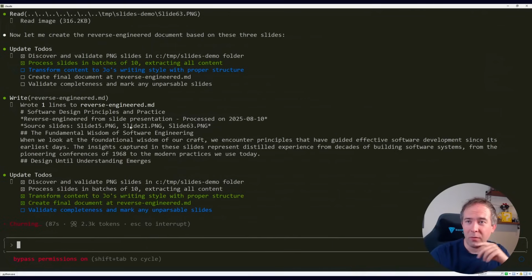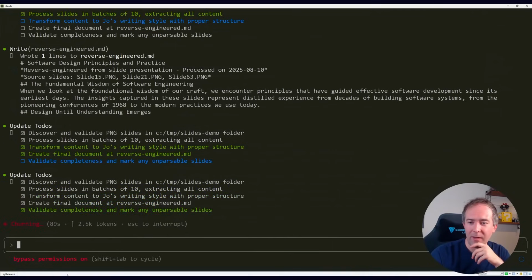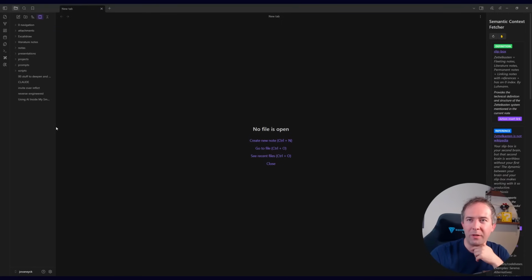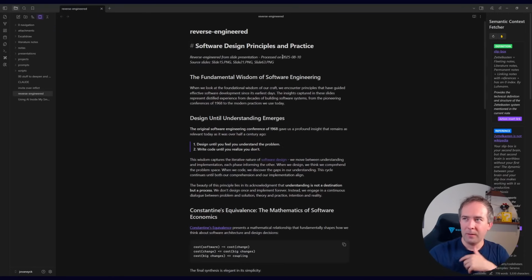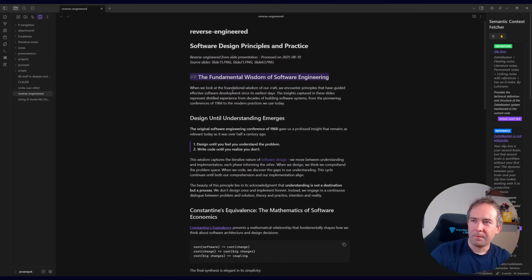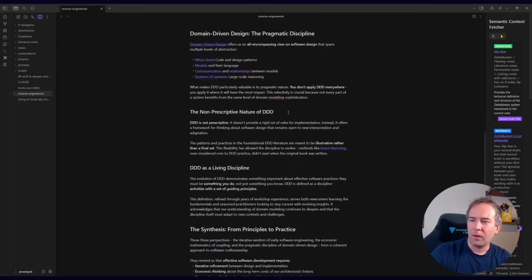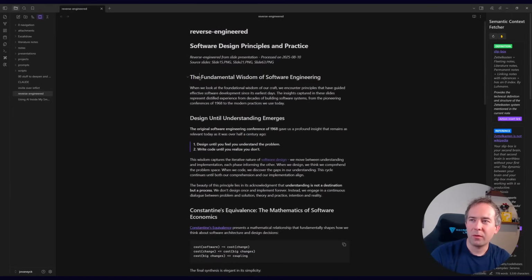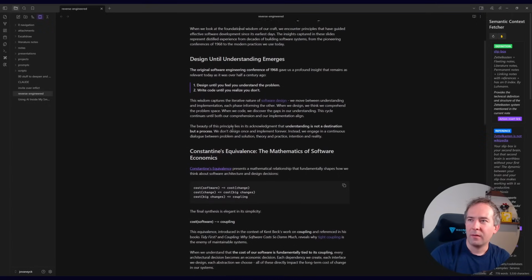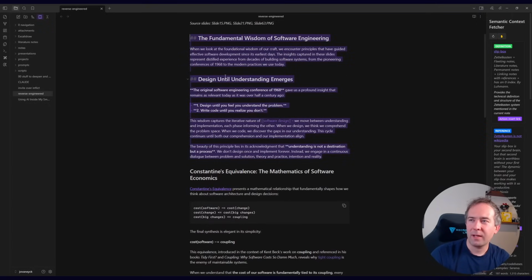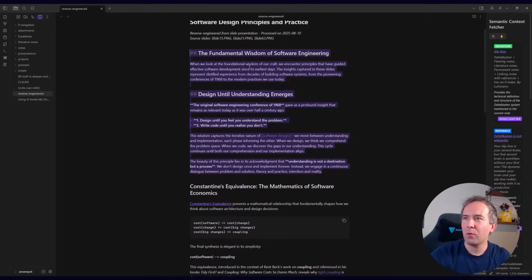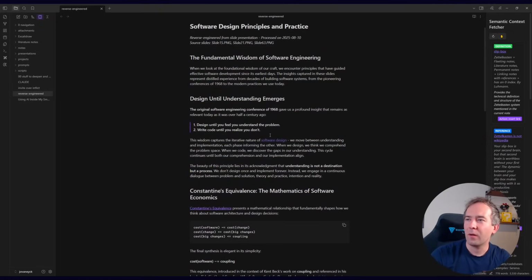So it finished up on the markdown file. Now let's take a look at what came out of it. There should be a reverse engineered note. Here we go. So it has some metadata, but it also has a section per slide. And this is the first slide with Jessica Kerr's quote, the original software engineering conference quote. And as you can see, it parsed that